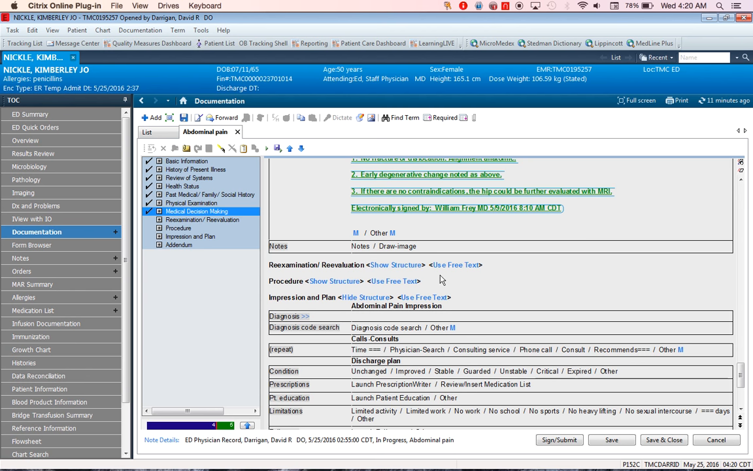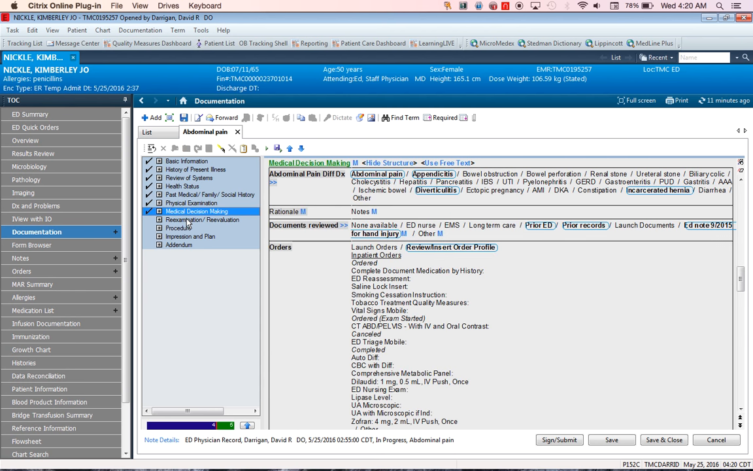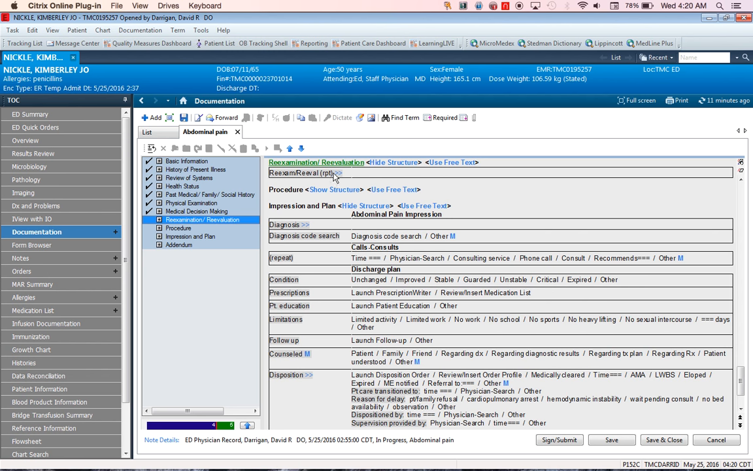Okay, so back to our medical decision making. The next most important part is going to be the re-exams and re-evals. So right under MDMs is your re-evals. You always want to have a couple of re-evals if they've been here a while. So if you open up the re-eval section,